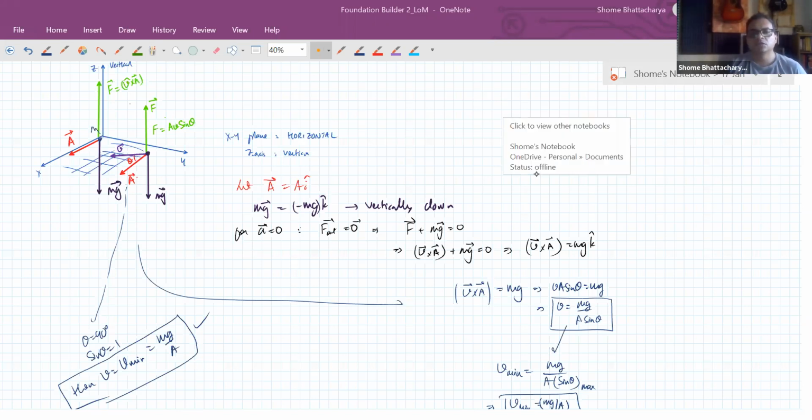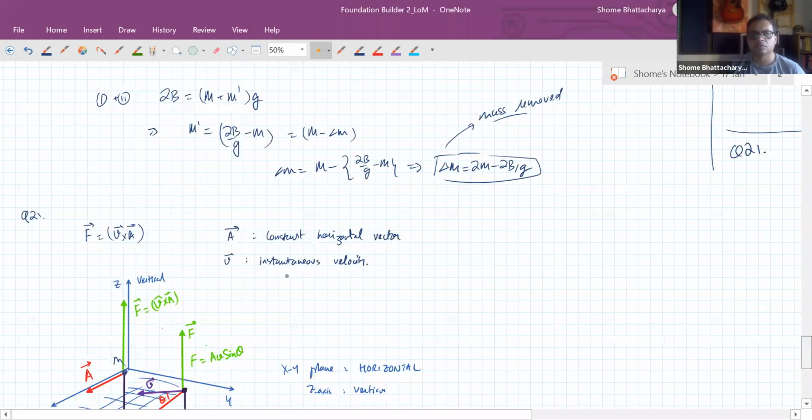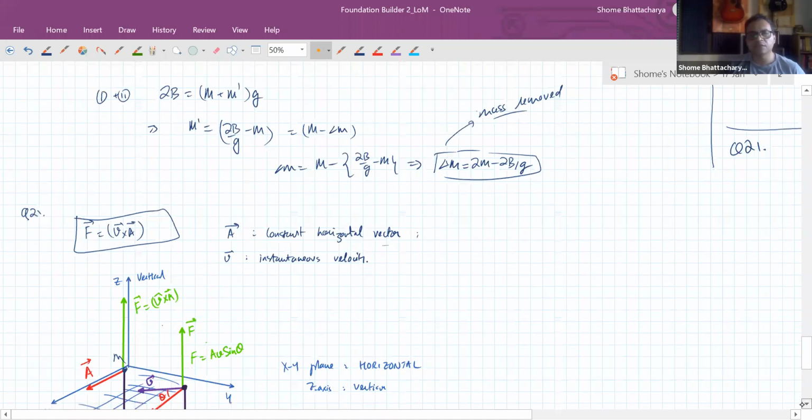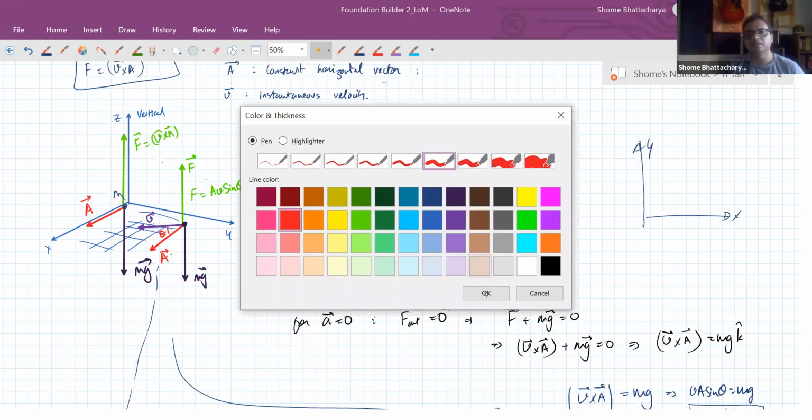Okay. So see Harsh, what is happening here? The force on the body, the external force, is given to us by this expression. It's given to us by this expression that it is A cross B, where A is a constant horizontal force. So what I have assumed is, first of all, I have taken my coordinate system such that the XY plane is horizontal and A is lying along the X-axis. So when I look at this from top, it will look like this. If this is my X-axis, this is my Y-axis. So in this, I assume that my vector A is along the X-axis,